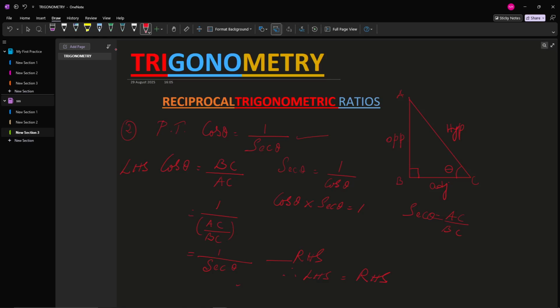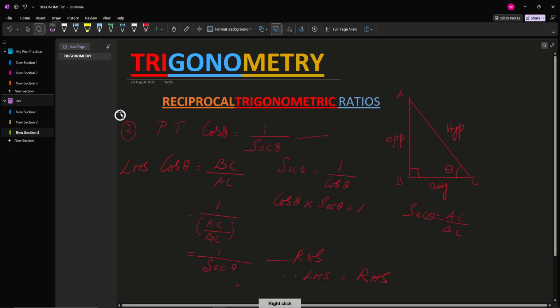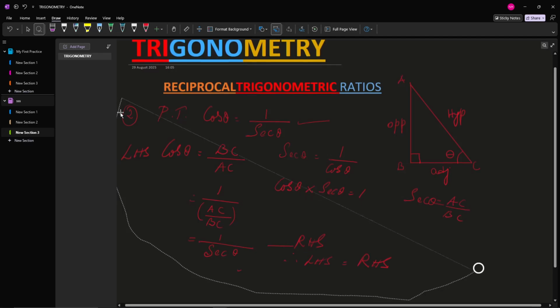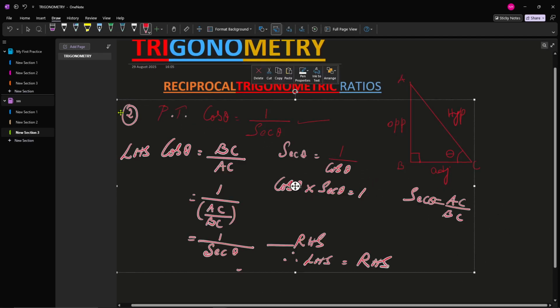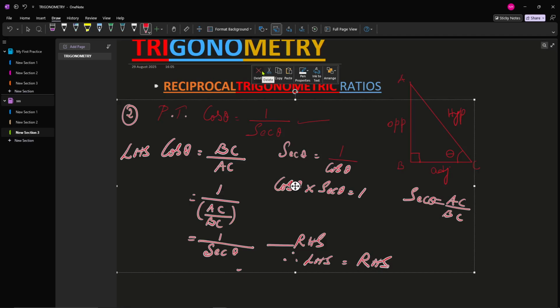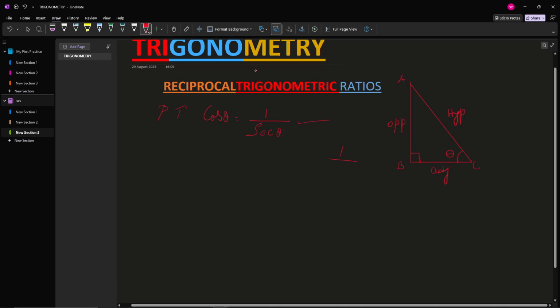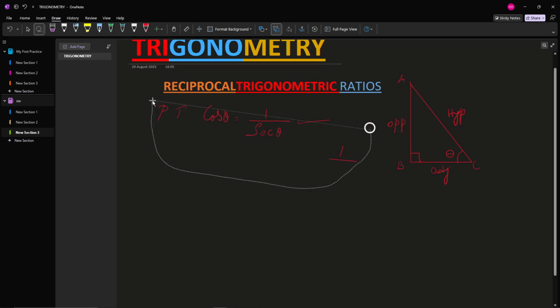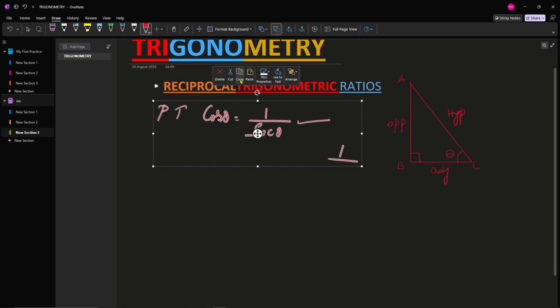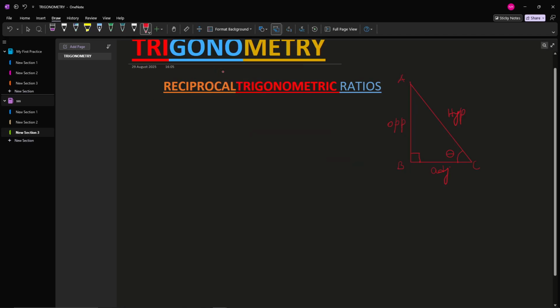So this was the second reciprocal ratio. So sin theta is equal to 1 by cosec theta. The second one was cos theta is equal to 1 by sec theta, or the other way, the manipulation: sin theta into cosec theta is 1, or cos theta into sec theta is equal to 1. The third one is to prove that